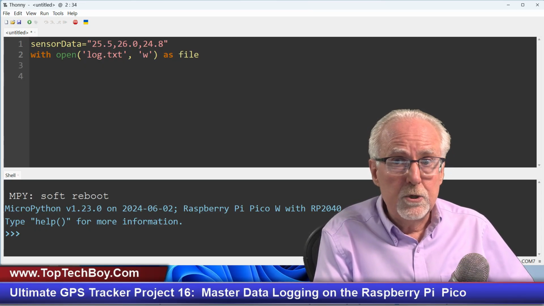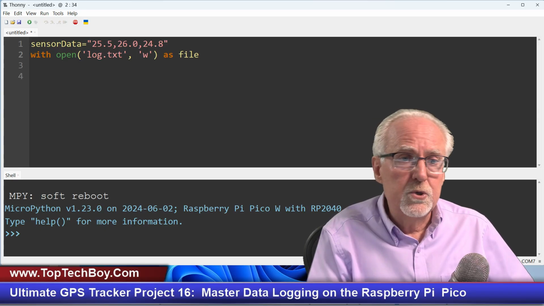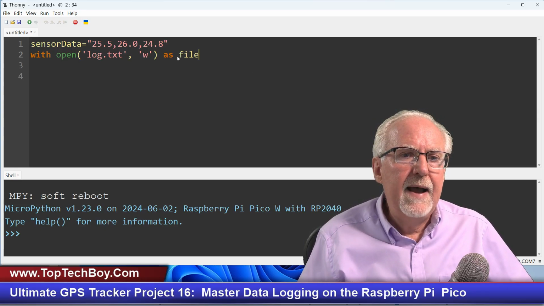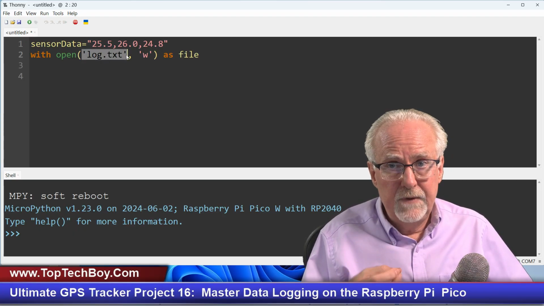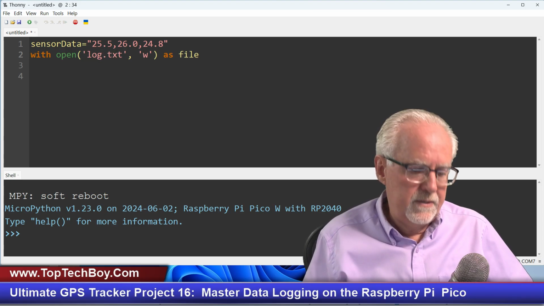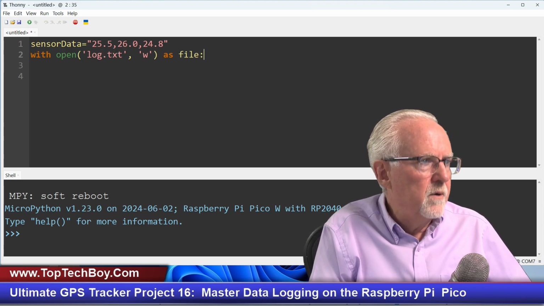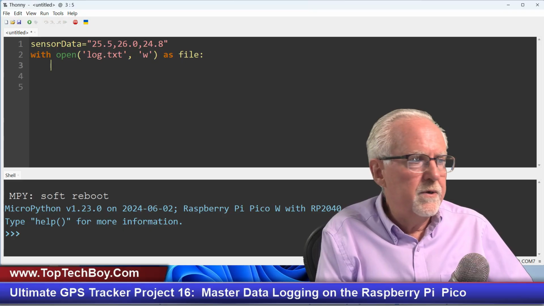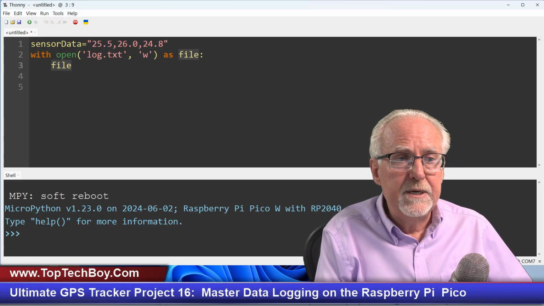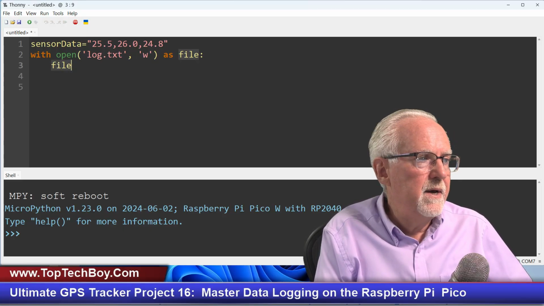File is not a special word. You can call yours whatever you want. But now file is the object that we interact with, and file is tied to the actual physical file log.txt. Okay, we're going to put a colon there, and now we are going to write the data file, our object, which is tied to log.txt, and